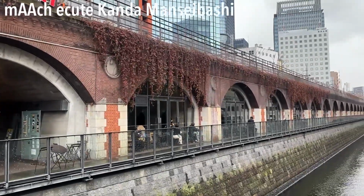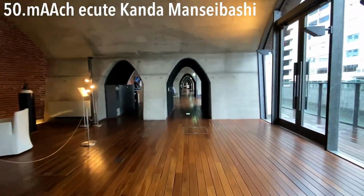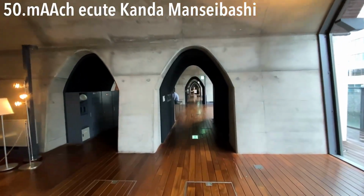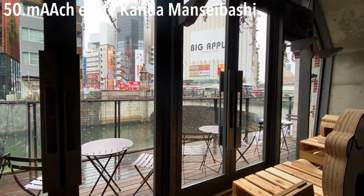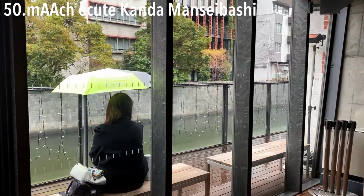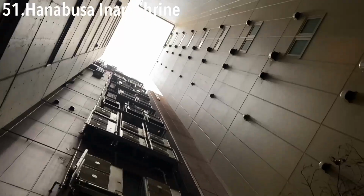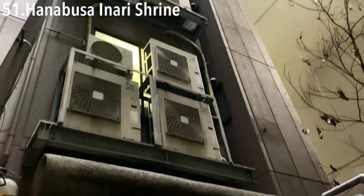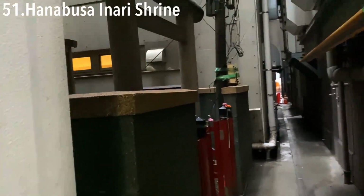Maji Cute. Kanda Mansei Bashi. That once existed between Kanda and Ochanomizu Station. There are several cafes and restaurants, so if you get tired of walking, you can take a break here. Hanabusa Inari Shrine. It's a small hidden shrine surrounded by buildings that can only be reached by a narrow path